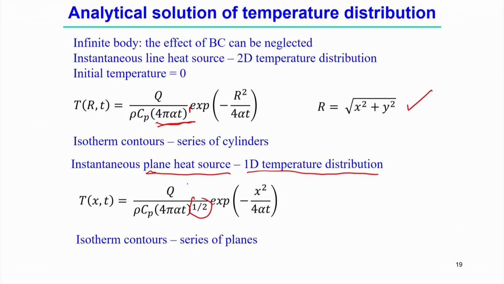That temperature distribution can be estimated with an almost similar kind of expression, but here the exponential term is different, here it is 1 by 2. In all these cases we get the temperature distribution with respect to space as well as with respect to time. And here the solution represents the isotherm, that means a constant temperature profile, and the isotherm contours consist of a series of planes. So, in this way, with all these assumptions, we find the solution of the temperature distribution in